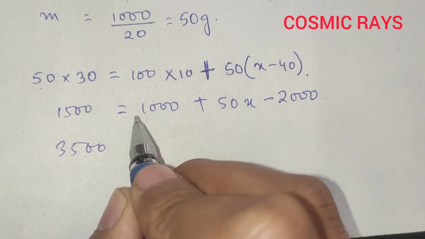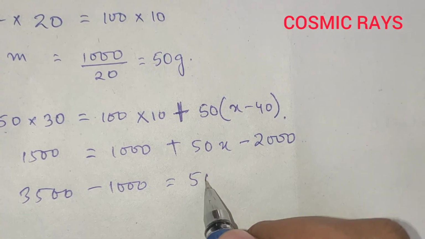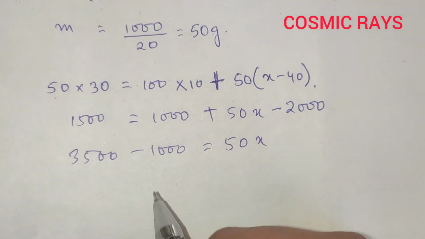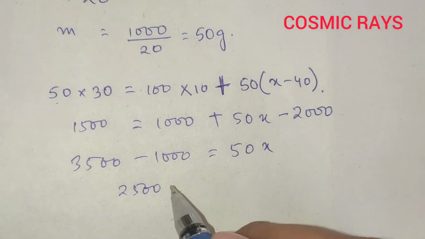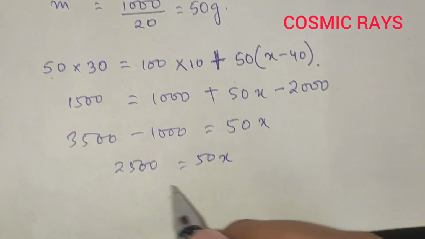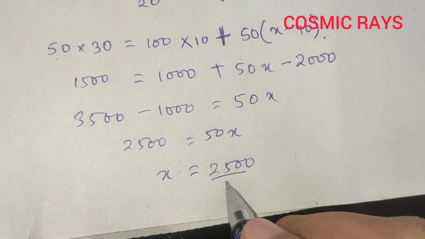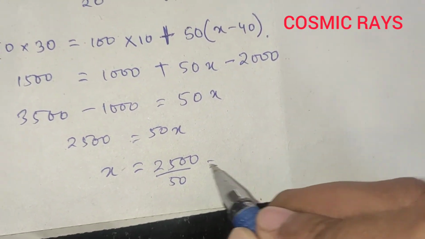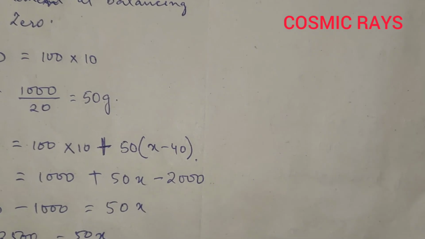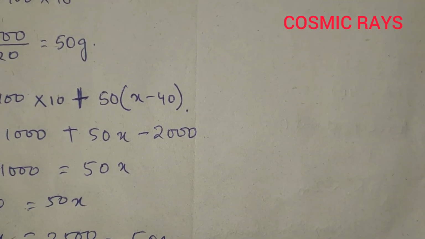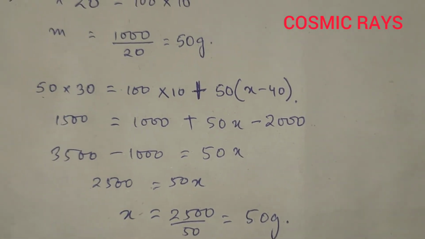Bring this 1000 this side, it will be minus 1000, that is equal to 50x. So here we have 2500 is equal to 50x, so x will be equal to 50, that is 50 grams. Now this mass 50 grams has to be suspended at the 50 centimeter mark so that we can